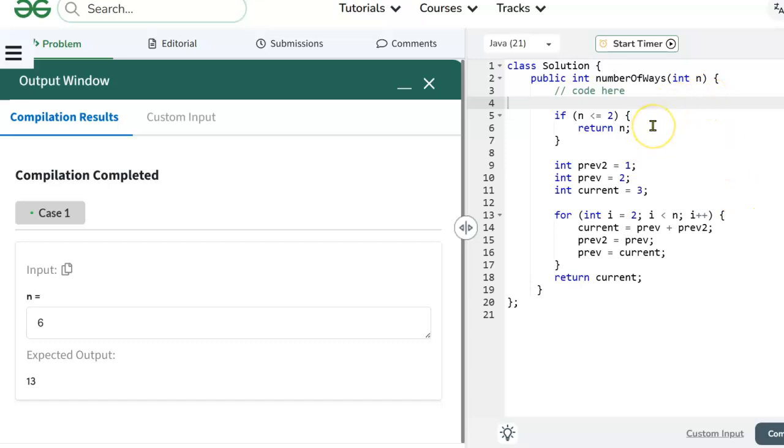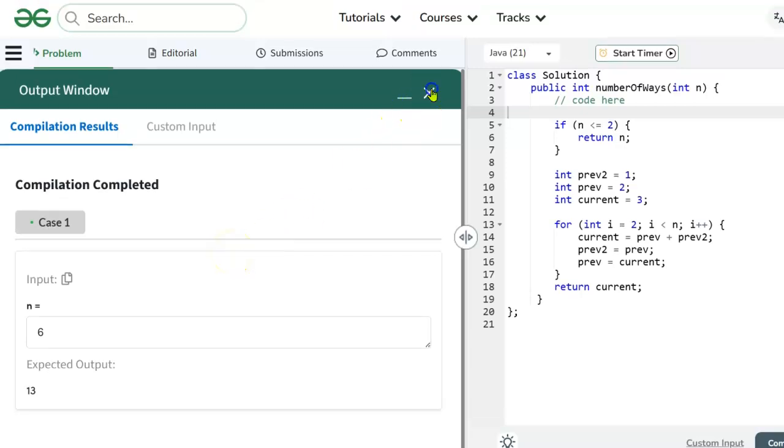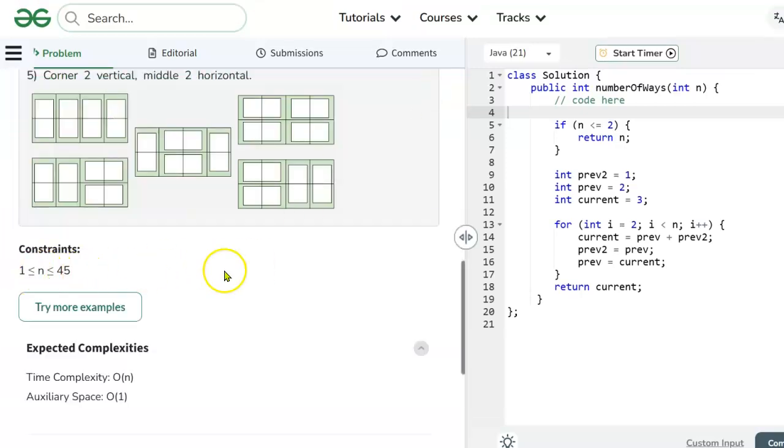So let's just do it like a Fibonacci sequence. If n is less than or equal to 2, return n. I think n has to be at least 1. Yeah, so if n is 1, return 1. If n is 2, return 2. If n is greater than 2, then just set it up. Here's the answer for 1. Here's the answer for 2. Current, we'll set it to something. We can set it to 3